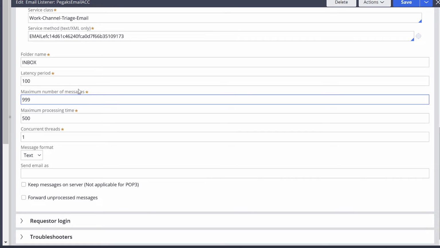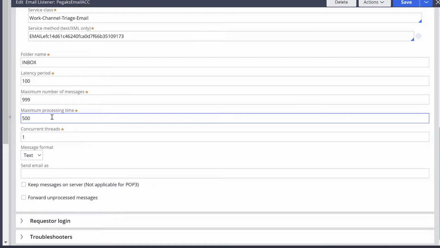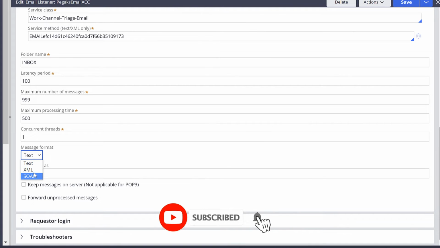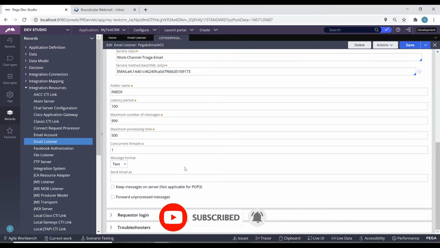Now the latency period, the maximum number of messages you read at one time, and the maximum processing time of 500 milliseconds, and concurrent threads. If you want to run your listener on multiple threads, you can specify a number. And also the message format, whether it has to read a text message, XML, or SOAP.